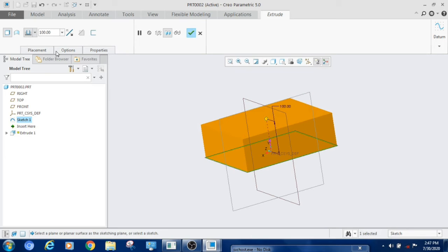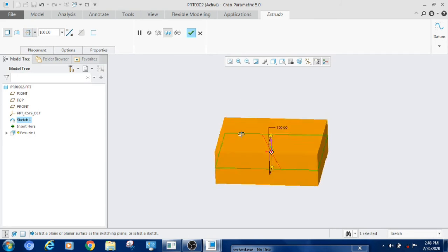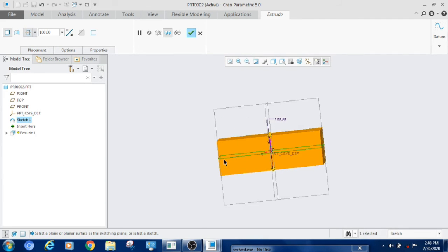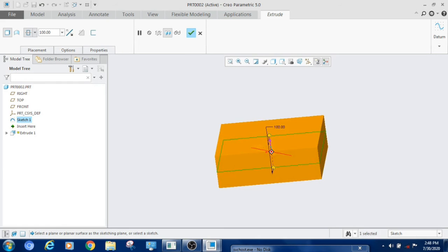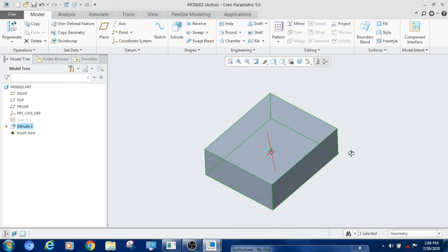This side of sketch or the opposite side of sketch, you can simply use reverse. Suppose if you want to create on both sides of the sketch, for that you can just select the second option, both sides of the sketch. This is the best practice. Whenever you are creating, you just use both sides of the sketch. You can use middle plane. Now press OK button.